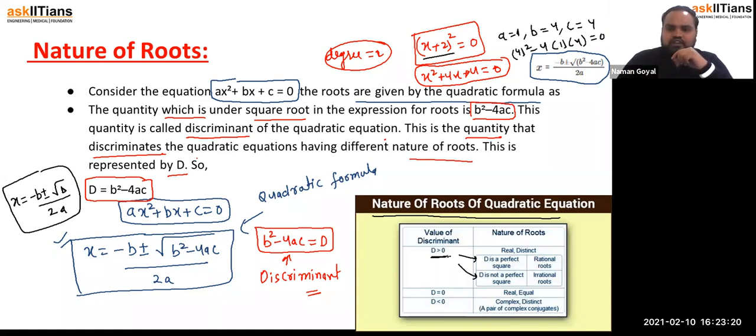Okay, so if D is greater than 0, D तो greater than 0 है, but उसमें भी दो केस हो चुके हैं. One is D is a perfect square and second is D is not a perfect square. So if D is a perfect square, ये root हट गया. So it means what? Roots are rational. Rational roots are there. Okay. Now if D is not a perfect square, तो ये root नहीं हटेगा. If this root is there, then that number becomes irrational. So we can say that if D is not a perfect square, then roots are irrational.